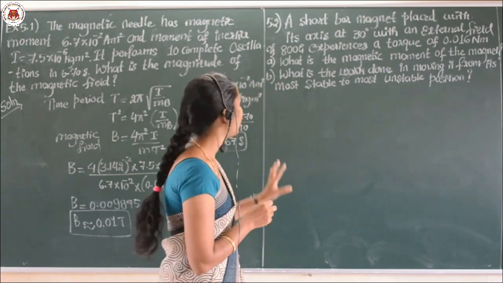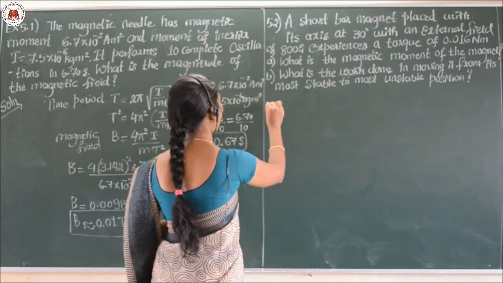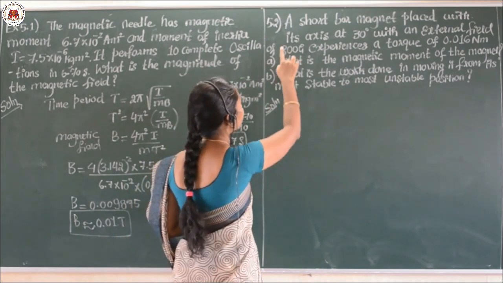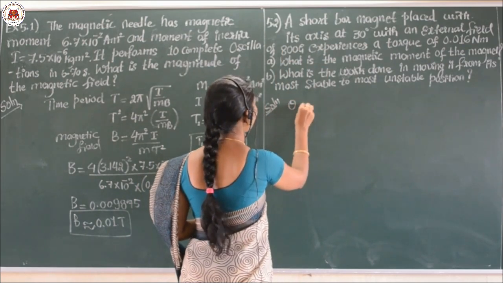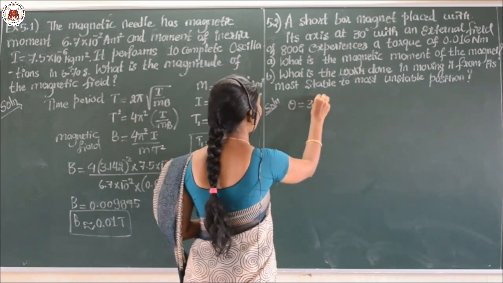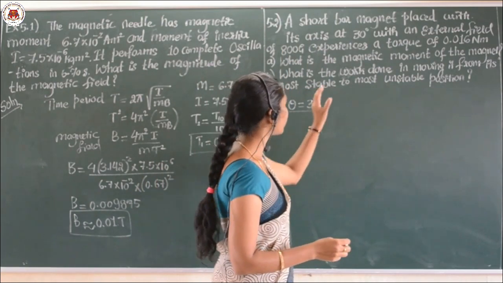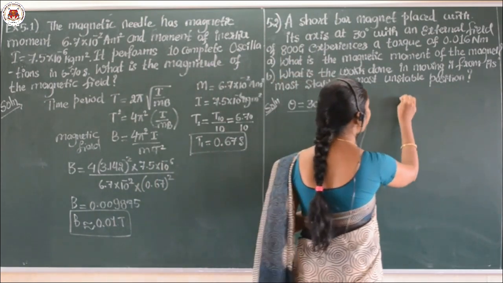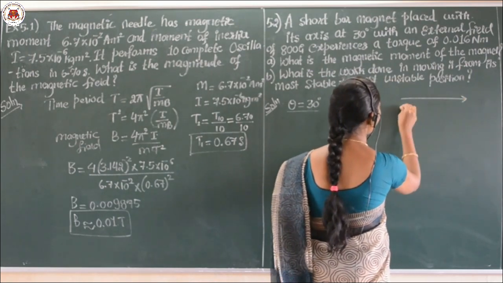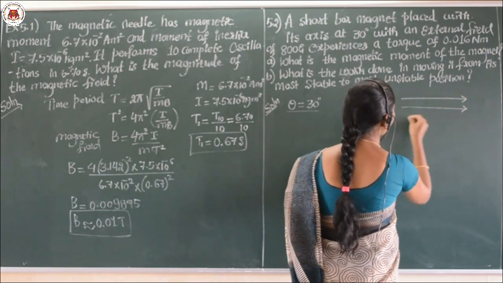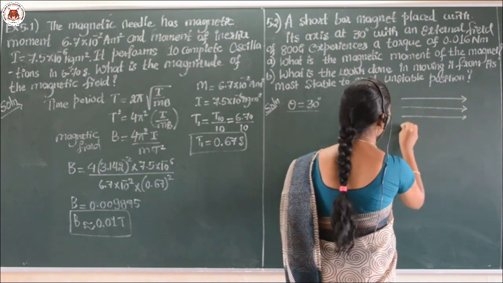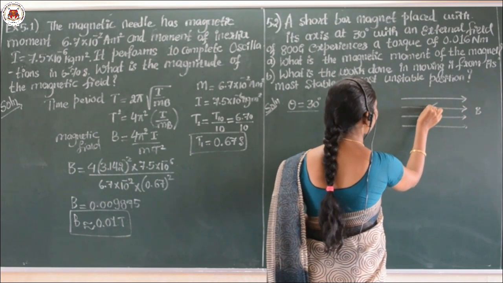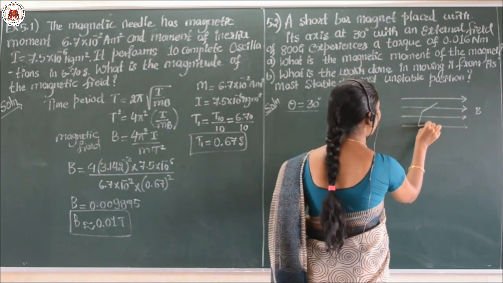Yes? Yes. Let us solve here. The given data, write down first. Take that data, that is one is a theta value is given, the angle made, and one more thing dear students, when such a numerical will come, you can draw an imaginary diagram which will help you to understand the given numerical clearly. Yes, assume it is our uniform magnetic field, that is B, and here is the needle. Just I take a small diagram of the needle.